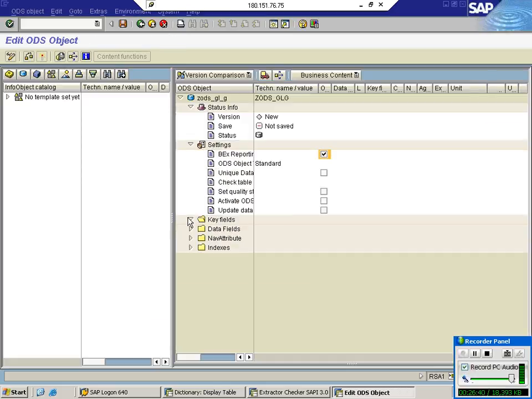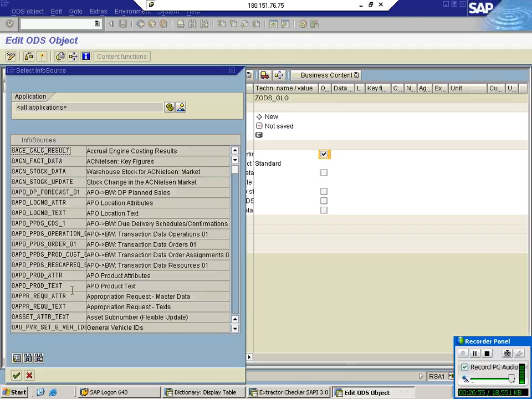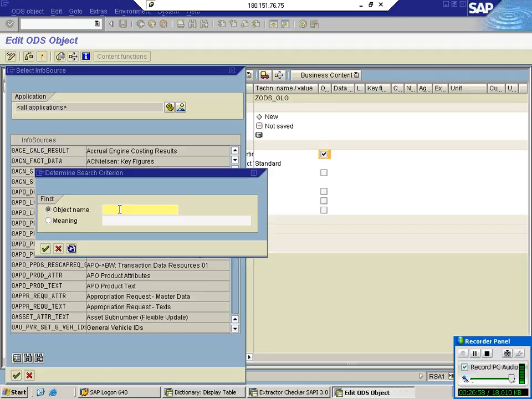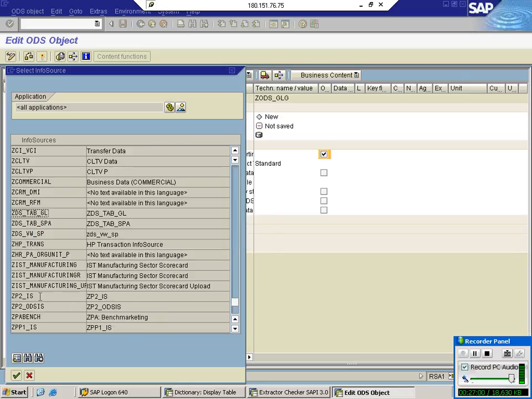Settings I told you already: BEx reporting, SID generation. So far, what is the template we are using? Catalog. Now what is the template we are using? InfoSource. So this is my InfoSource. Double click.